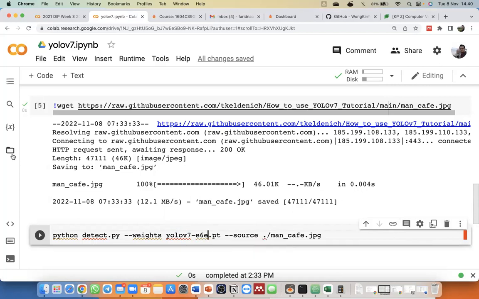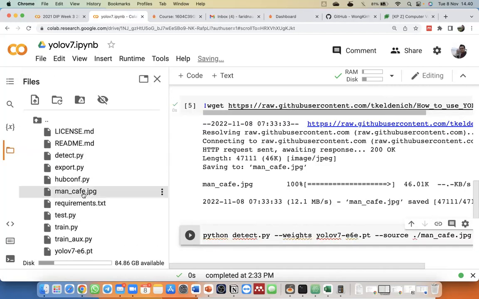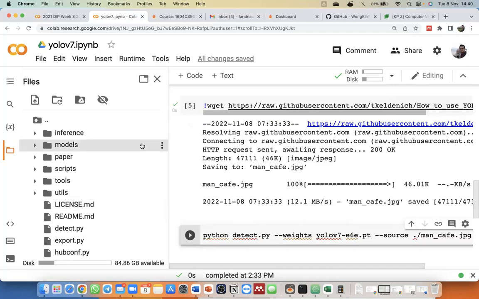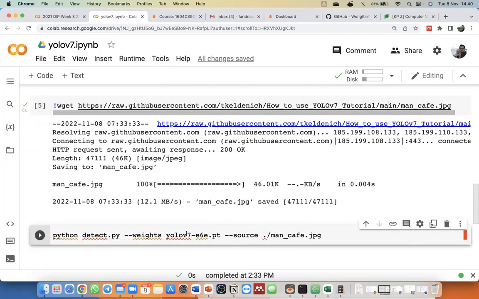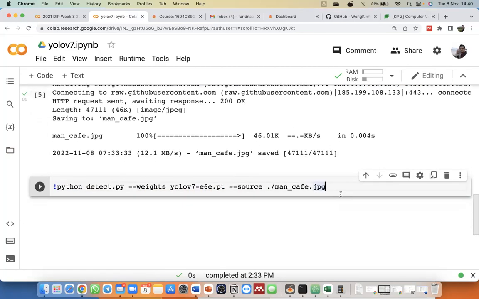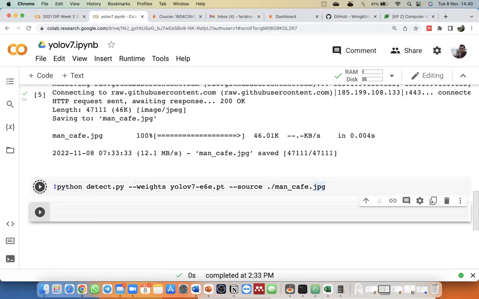Ini kita sesuaikan dengan arsitektur yang sudah kita download, because we use the YOLOv7-e6e weights. Jangan lupa dikasih tanda seru ya, because we call the Python command, seperti ini. Nah, ini kita eksekusi.